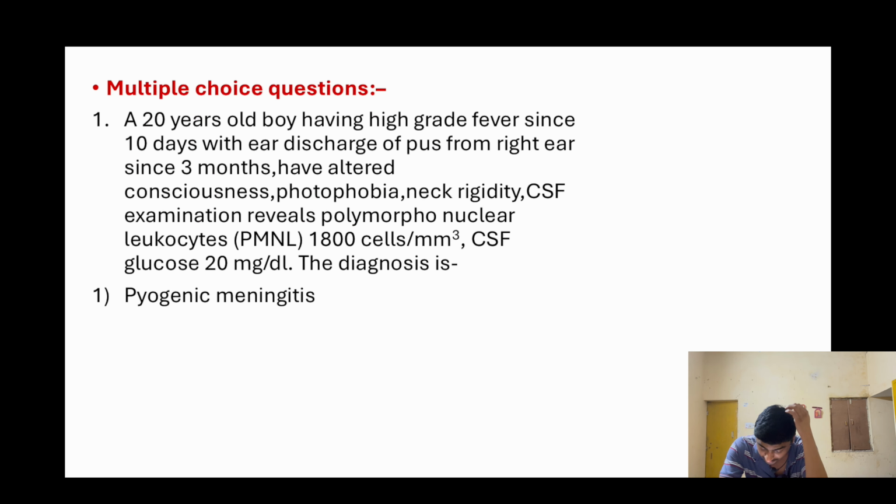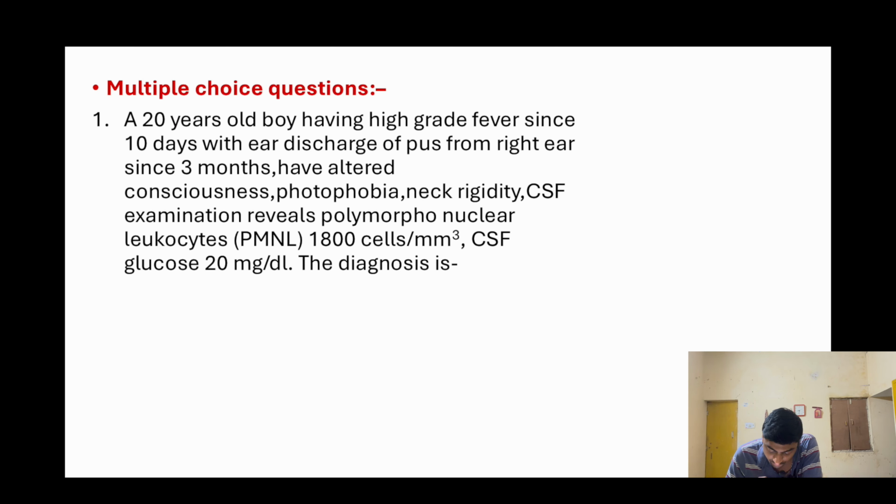So till now we have learned about acute bacterial meningitis, different types of meningitis, and its pathogenesis, which we have seen mainly spreads by hematogenous spread or spread from the primary site of infection. So now we will discuss multiple choice questions which are important for the NEET-PG and NExT examinations. The first question: a 20-year-old boy having high-grade fever